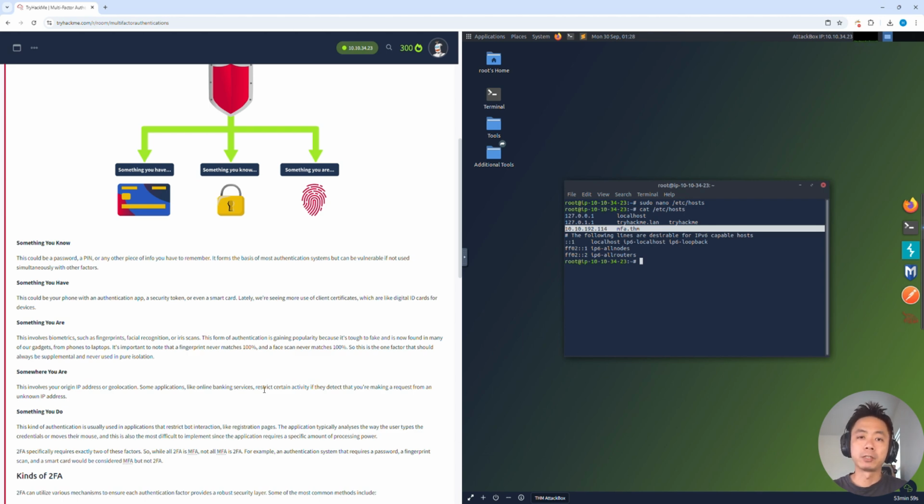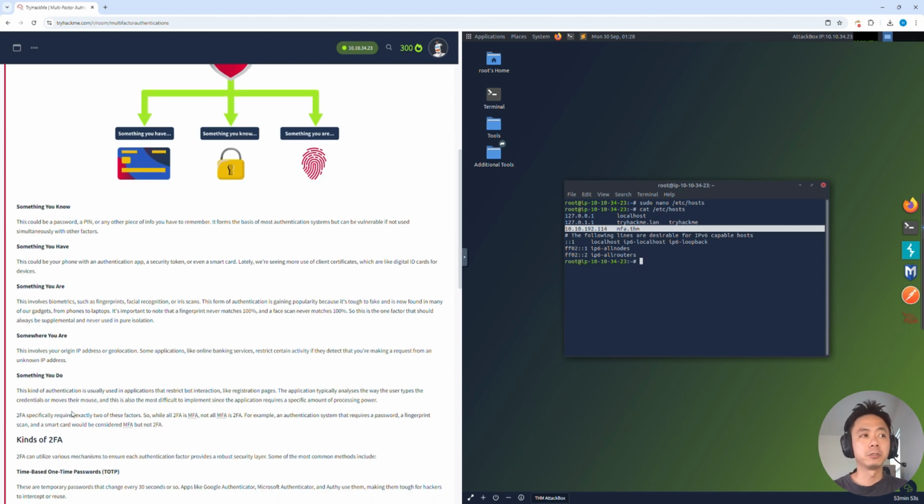Depending on where you try to access the applications, certain services will be limited or restricted. Something you do, this kind of authentication is usually used in applications that restrict bot interaction, like registration pages. The application typically analyzes the way a user types credentials or moves the mouse. So this is very popular when you try to log in to certain pages or sign up for pages